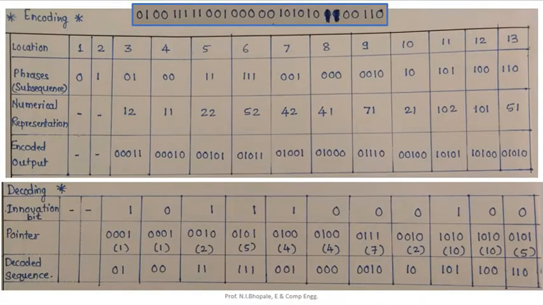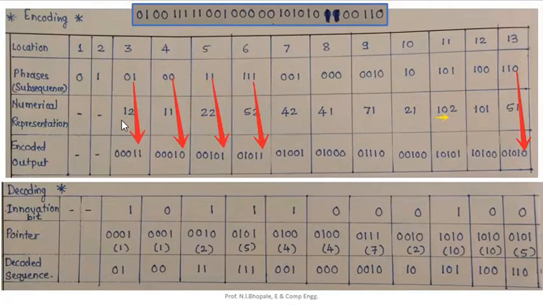Let's check the next thing we need to go for, that is the encoded output. For the encoded output, it is very easy to understand. This 1 is written as it is over here, this 0 is written as it is, this 1 is written as it is, and the same procedure is done till the last. After that, how are these 3 bits being used, that is 0001. If you analyze here, the maximum value, except the last bit, is nothing but 10. To represent this value 10, I will require 4 bits.